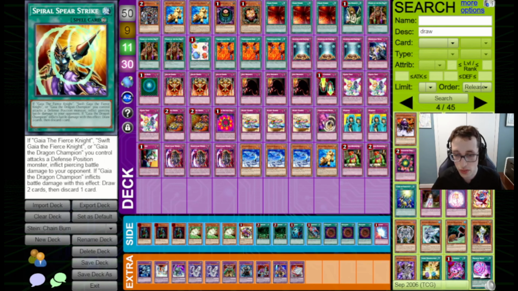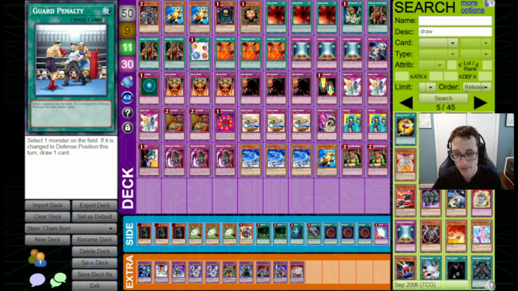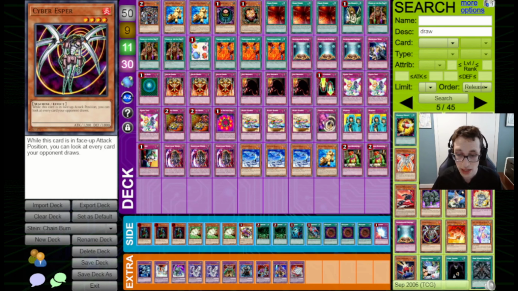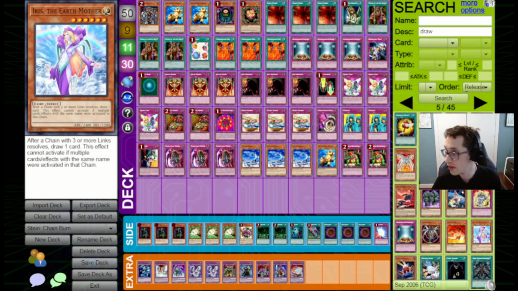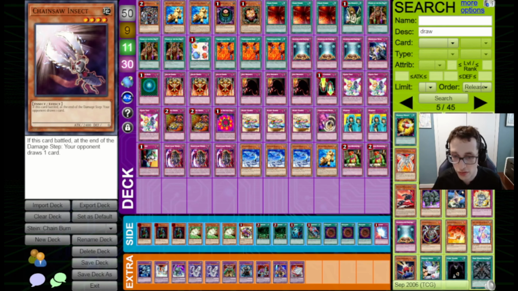Other than that, though, Pot of Avarice we can't really use because we're not playing many monsters. Yeah, I think that is probably it. Maybe Cyber Fiends is the defensive card, but I don't really think this goes with our game plan, so I'm not really going to consider it. Iris the Earth Mother is very funny, but I don't think it's worth playing because we don't play enough monsters to justify its inclusion. So I think that is going to be it for the additional cards in the draw